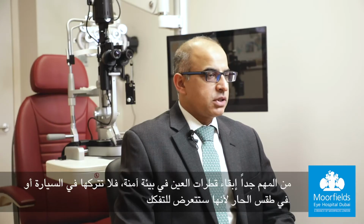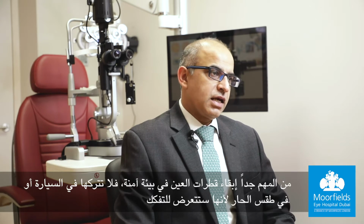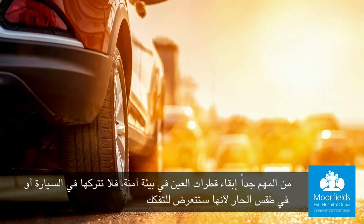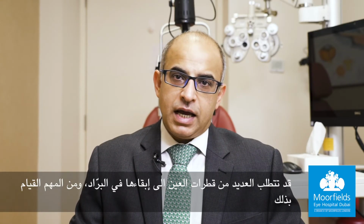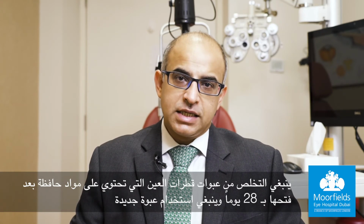It is very important that eye drops are kept in a safe environment. Don't leave them in the car in the hot weather. They will degrade. Many eye drops may require you to keep them in the refrigerator, and it's important to do so. Eye drops in bottles which are with preservatives, once opened, should be discarded after 28 days and a fresh